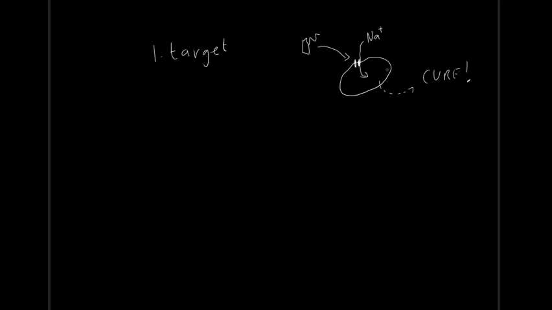So you would need to understand your biological system to be able to figure out that we actually want to target this receptor here. So we find our target, and that's usually done using biological knowledge or sometimes new genomic